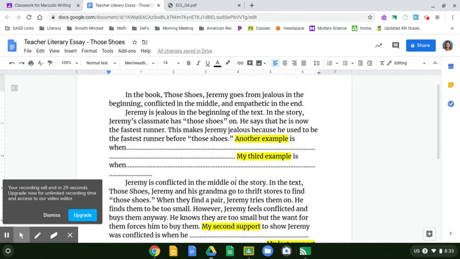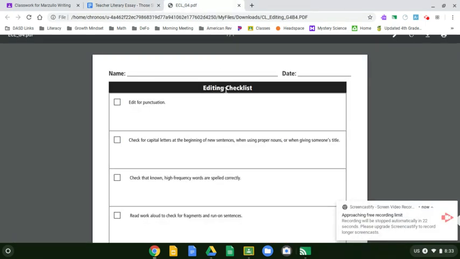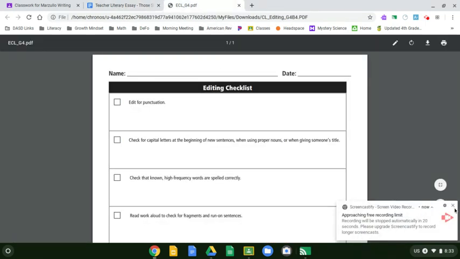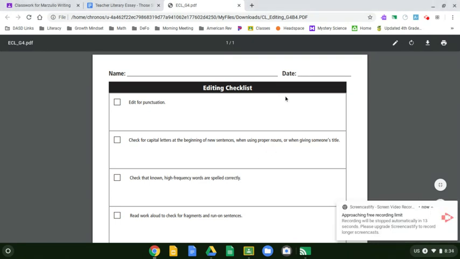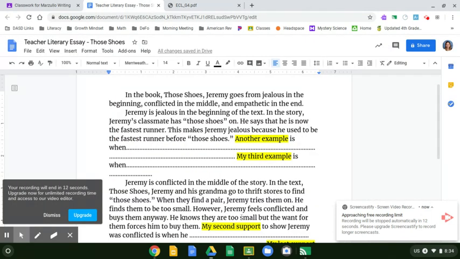I'm going to look at each sentence. I'm going to look at each paragraph. I might ask somebody to read it. Then I would go back through and I would look for capital letters, or I'd ask somebody to look for capital letters, and so on. So it's not about looking at all the editing skills at the same time. It's about taking one by one, going through, scouring my writing for each one. And today when you're done, you'll turn